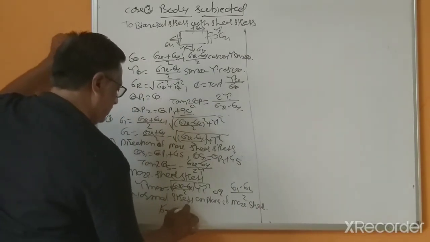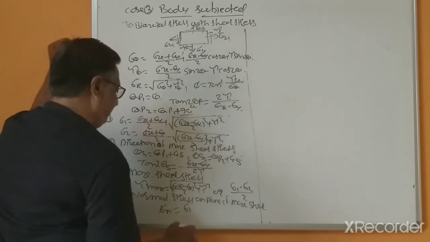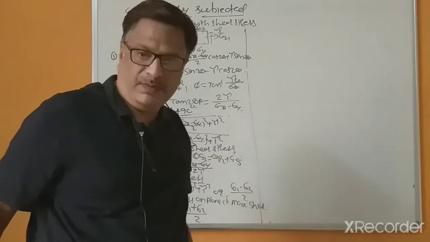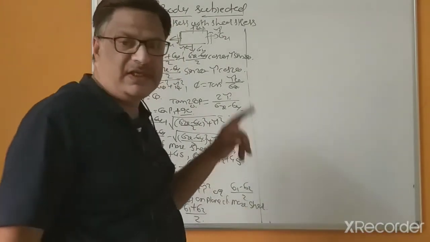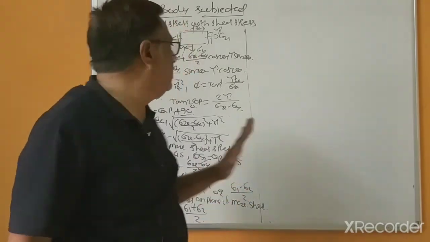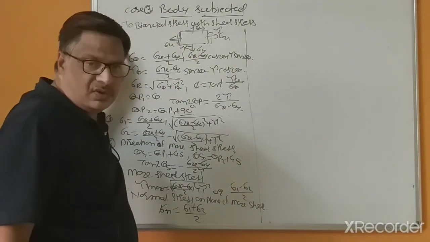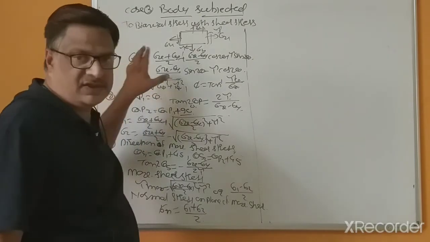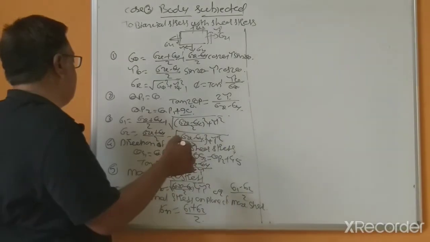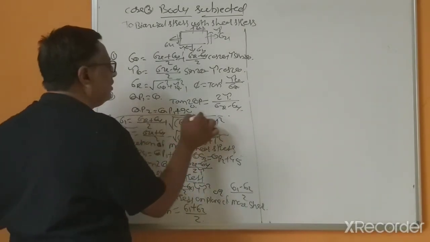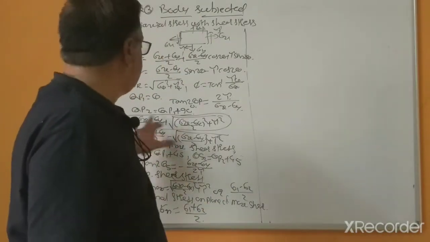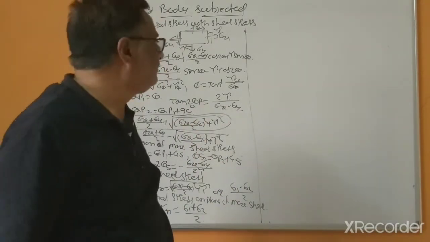This is equal to sigma 1 plus sigma 2 divided by 2. So always keep in mind, this is sigma 1, the maximum principal stress, meaning its magnitude is higher than any other stress. You can call this the normal stress on the plane above the maximum shear stress. But this value is always greater than all stresses induced in the component. That's why these stresses are called the maximum principal stress.